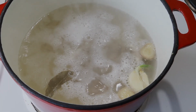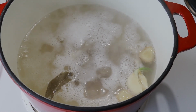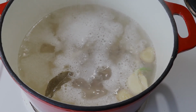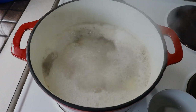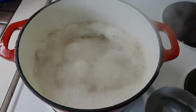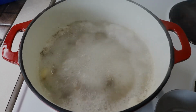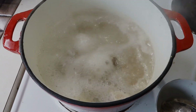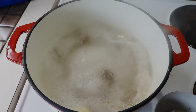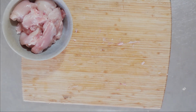So here on a stove on high, I've got all those stock ingredients bubbling away in 5 to 6 cups of water. Now when it's rapidly boiling, after a while you'll see the scum, or this foam, on the top of the stock. Just get a spoon and remove it as you see I'm doing here. You want to let that go for about 30 minutes, and while that's bubbling away we're going to deal with